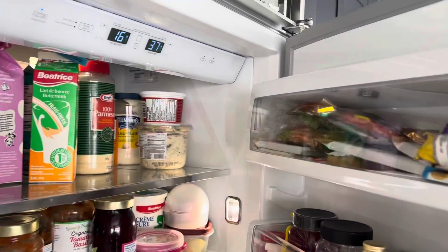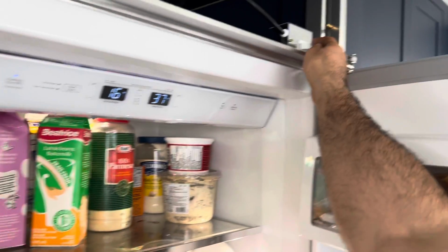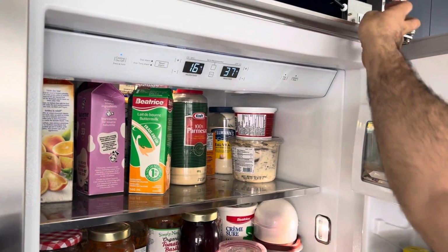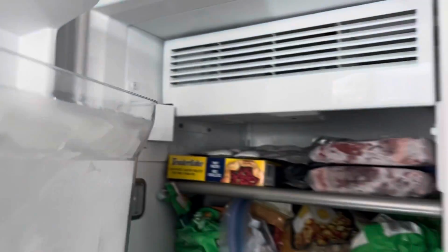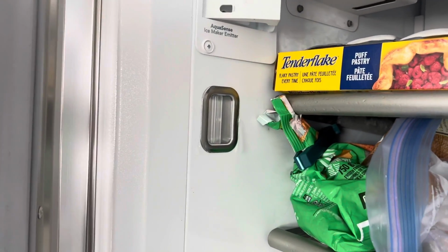And now the fridge door. So you can see that light switch here. When I press on it, lights are going off. When I release it, lights are coming on. So I will also show you another trick here, how to find out in an easy way which light